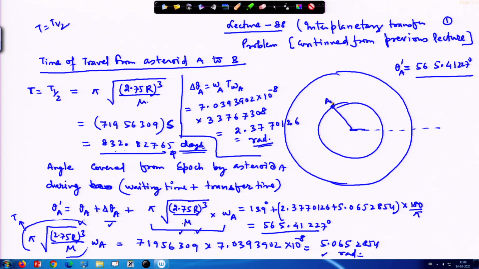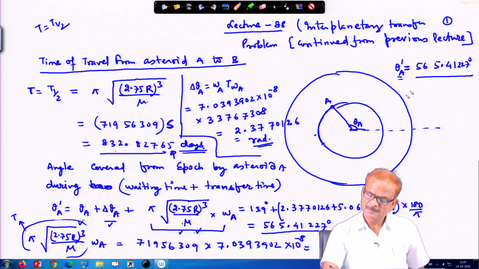So, your A was here, okay, and this was your theta A, and thereafter it moves. So, finally, the theta A prime. So, there is a wait time. During the wait time it moves certain distance, and then during the flight time it moves certain angle, and that total angle turns out to be